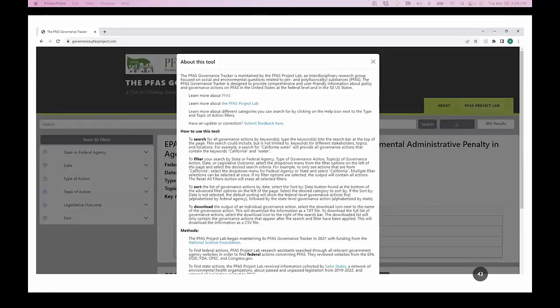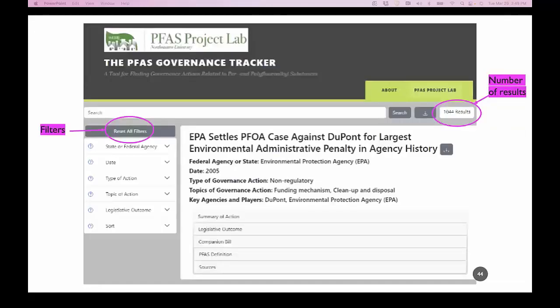When you click out of it, and it does take a second to load because the website loads all over 1,000 entries all at once. So when you click out of it, if you go to the next slide, Julia, you'll be shown all of the results, and you'll see in that upper right-hand corner,